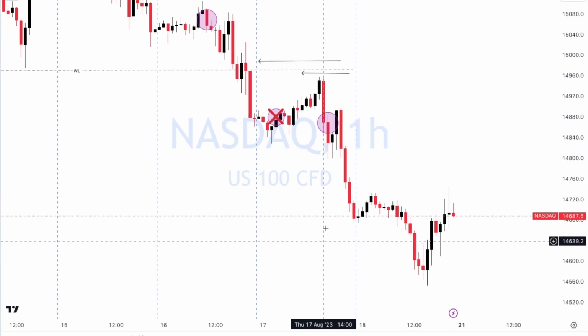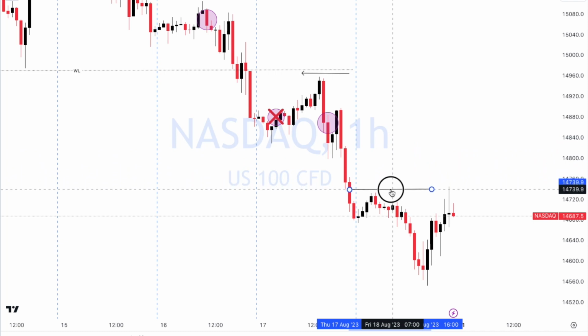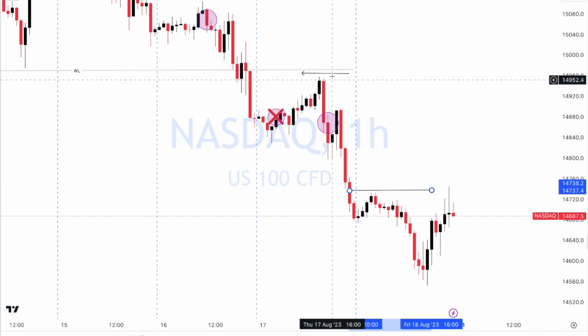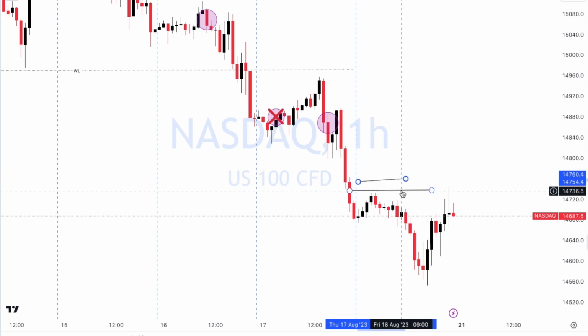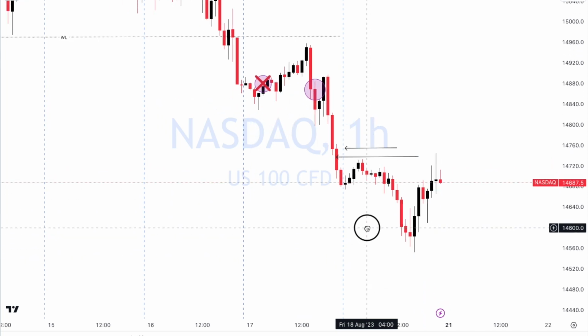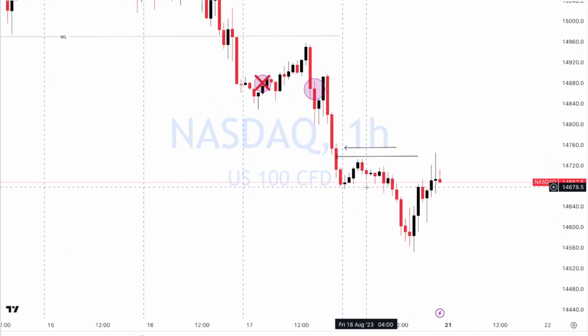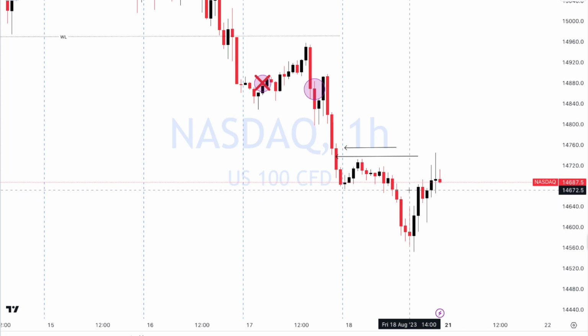So on a Friday, I was able to move all of my stops to about this level right here, which was fantastic. And then I waited to see what was going on. Once price broke past this level again, because now I'm actually getting really greedy, once it broke past this level,